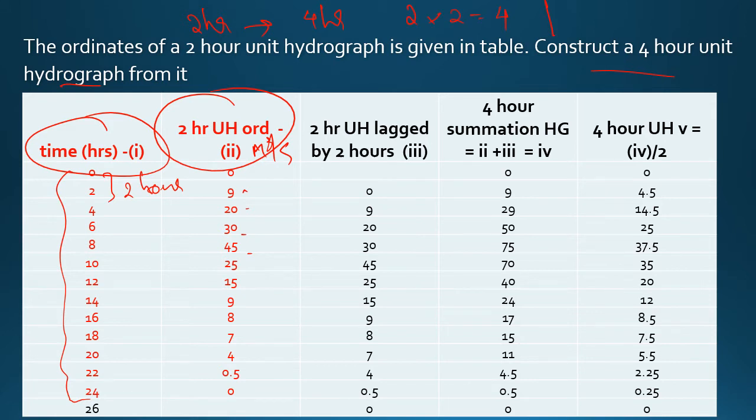So we have to sum up 2 curves. To sum up 2 curves, you have to lag it one time, that is 2 minus 1. Here this is the given hydrograph and this is the 2-hour lagged hydrograph. So we have to find out